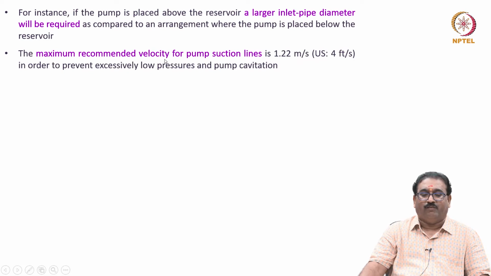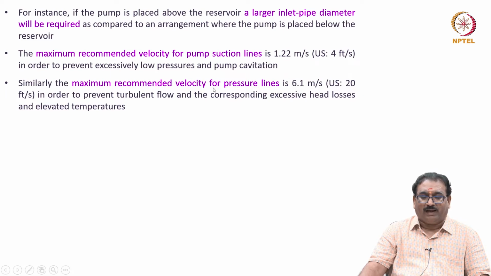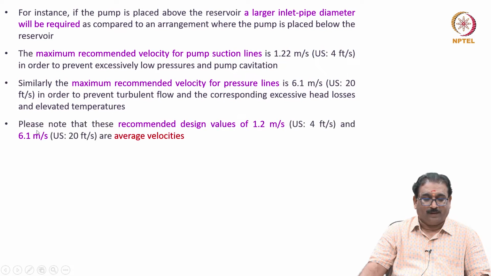The maximum recommended velocity for a pump suction line is 1.22 meters per second in order to prevent excessively low pressures and pump cavitation. Similarly, the maximum recommended velocity for pressure lines is 6.1 meters per second in order to prevent turbulent flow, corresponding excessive head losses and elevated temperatures. Please note that these recommended design values of 1.2 meters per second and 6.1 meters per second are average velocities,